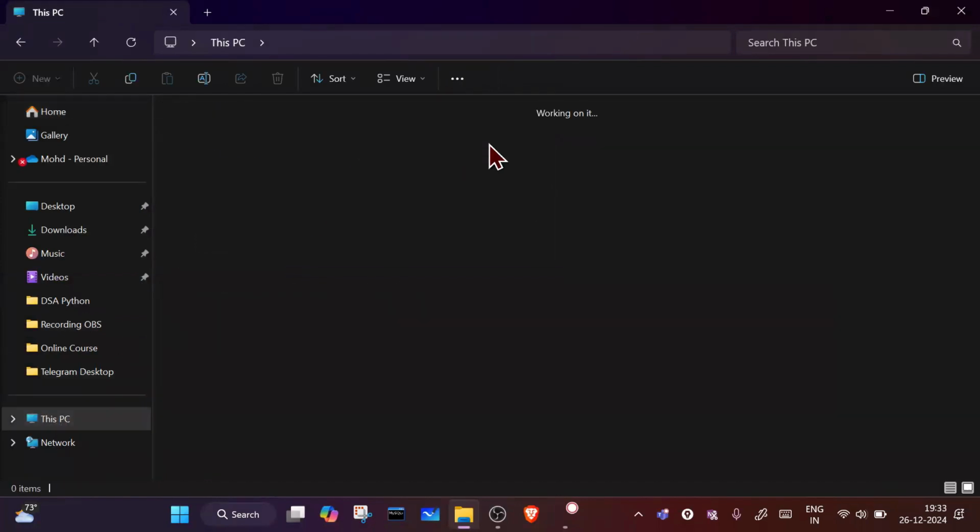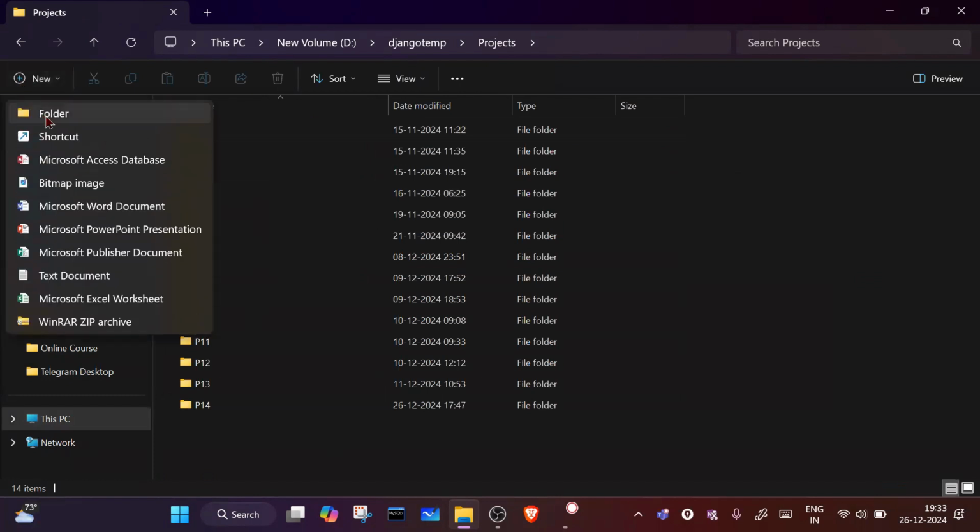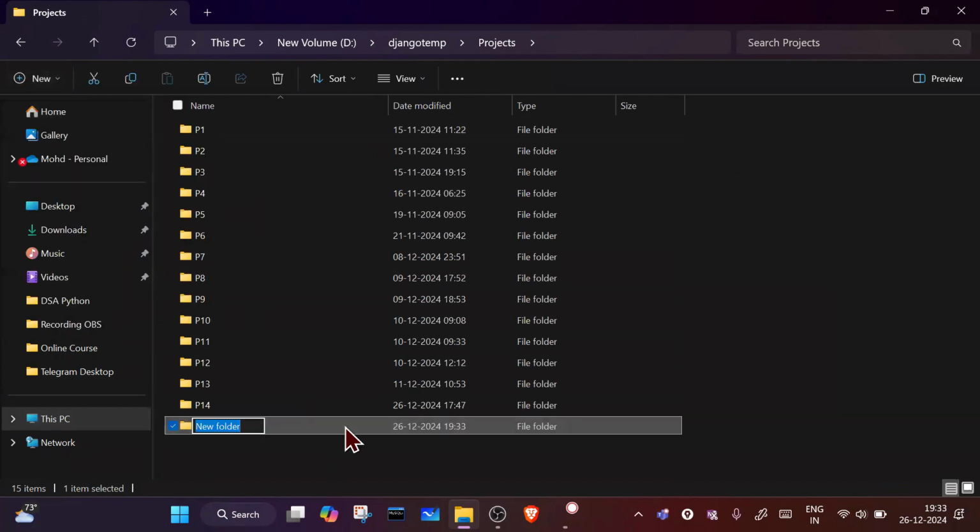Okay. So in D drive, I have Django template folder. Here I have projects folder, and here I will create a new folder. I will create a new folder, and the new folder name is P15. And I will open this folder,